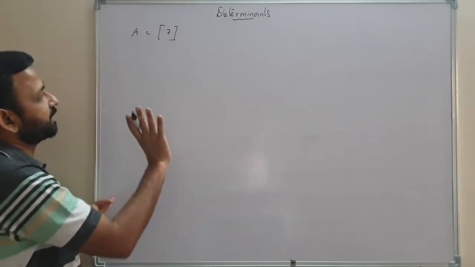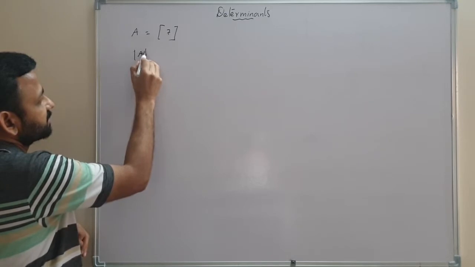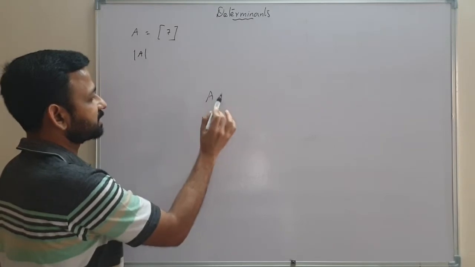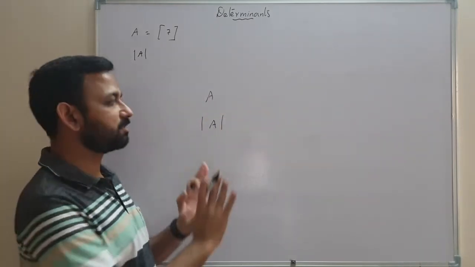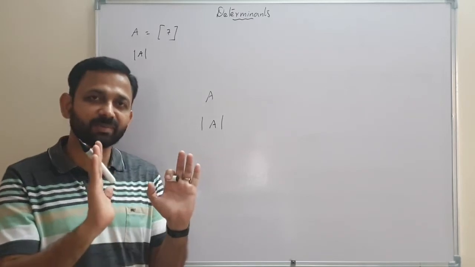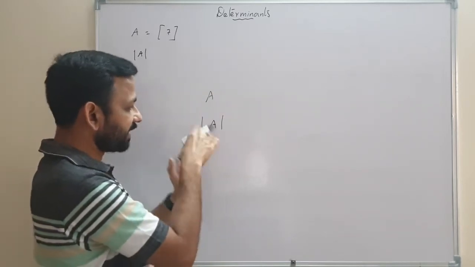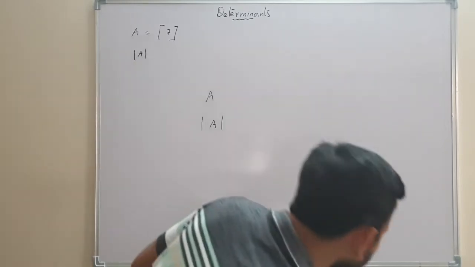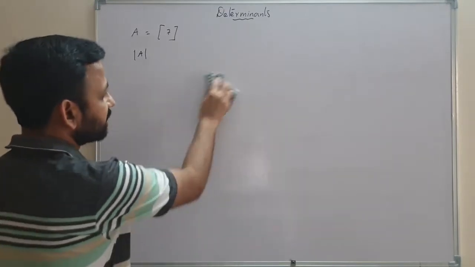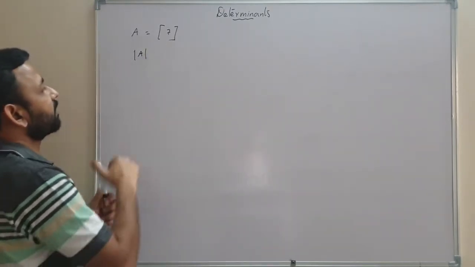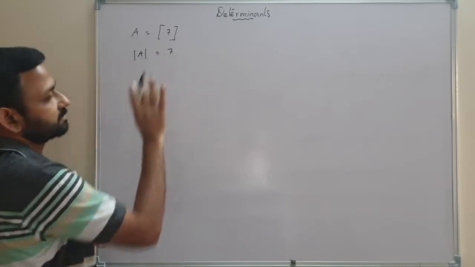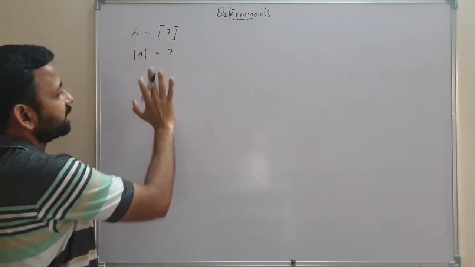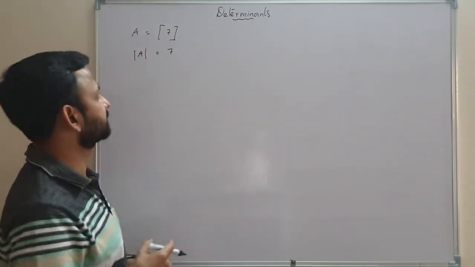When we find its determinant, the determinant is denoted like this. That is not a modulus sign. If A is a matrix, then determinant A is this one. This is not a modulus; modulus is not defined for a matrix. This symbol in a matrix is the determinant: determinant A, or determinant of A. When we find the determinant of a square matrix of order 1, we need to write the same number, 7 only. The matrix is matrix 7, and the determinant is only that number, 7, no other symbols.